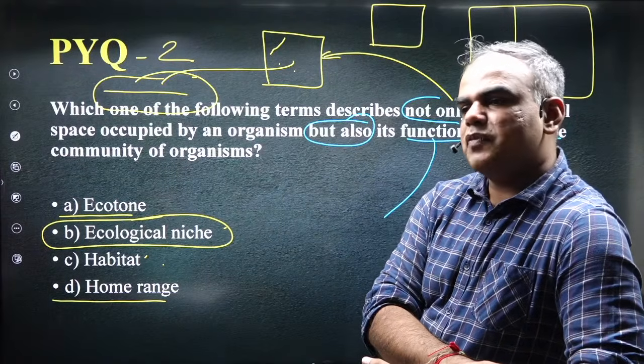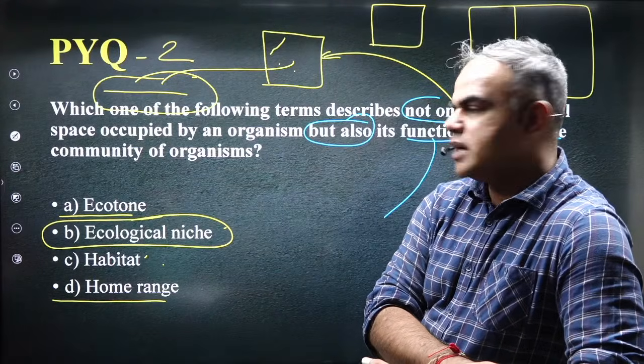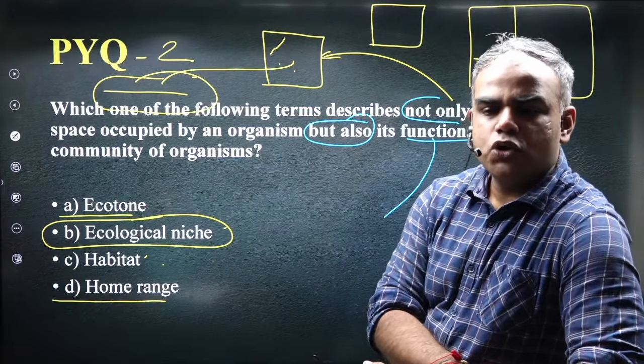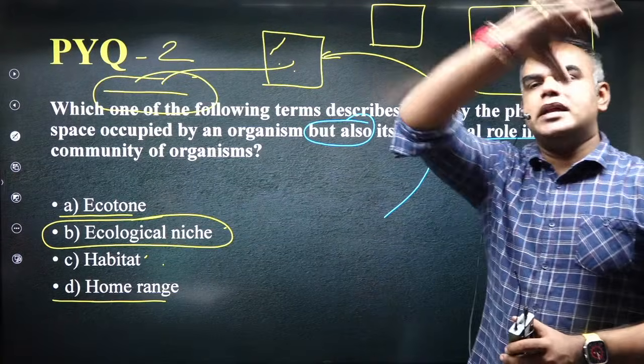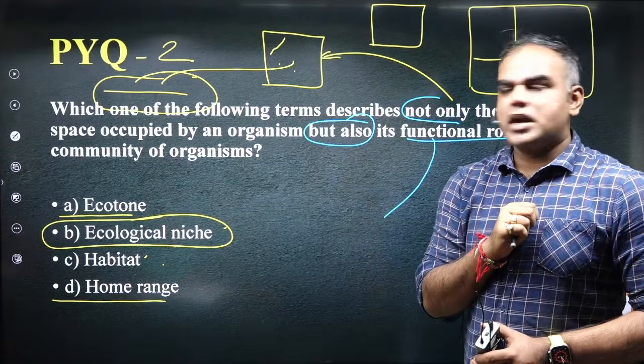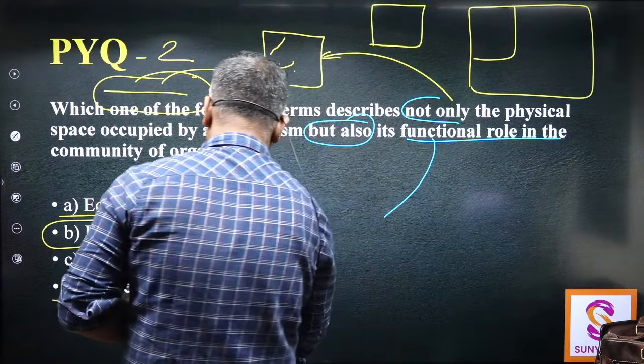For example, when we do tiger, when we also do other species, right? We will see tiger range countries, for example. Okay, so home range is that huge big area overall around which you will find a species, right? So this, geographically speaking, is the largest area.